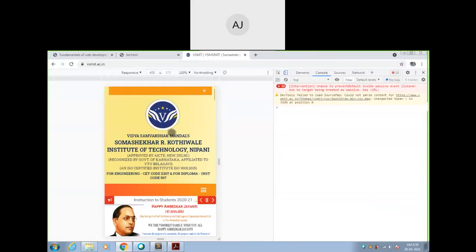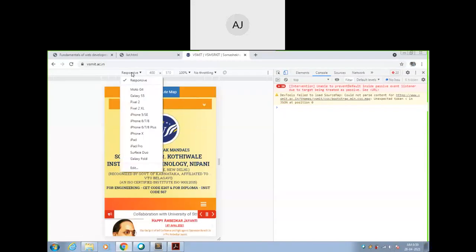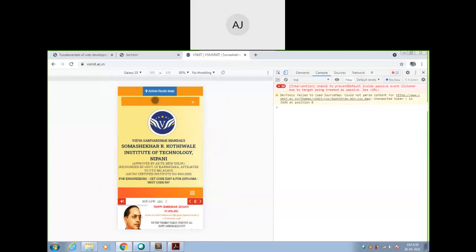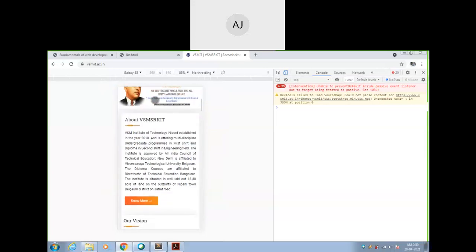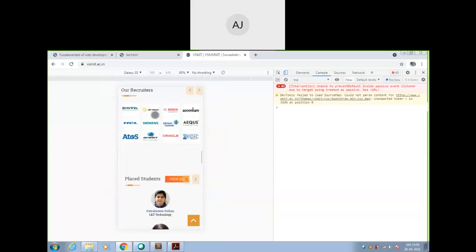This can be shown like this. Can you see here? This is a mobile view, guys. Responsive. So there are different devices given: Moto G4, Apple Pixel, iPad, so many are given here. Galaxy G5. So on a Galaxy mobile, our college website will be looking like this. This is called responsive design. Is it okay, guys?